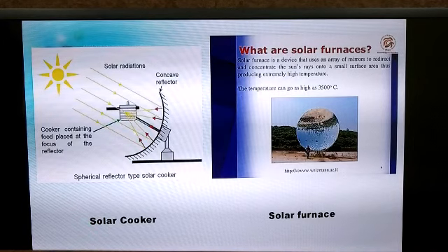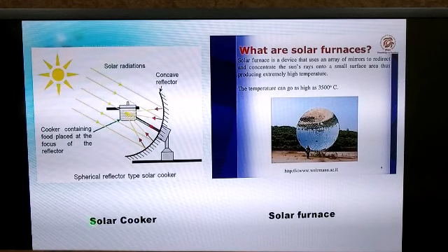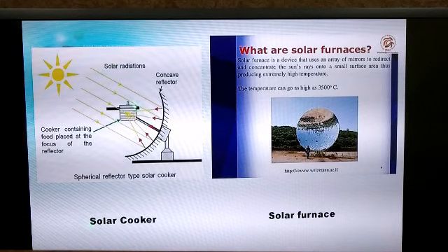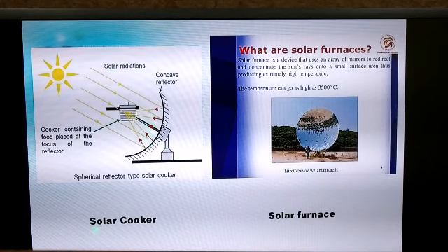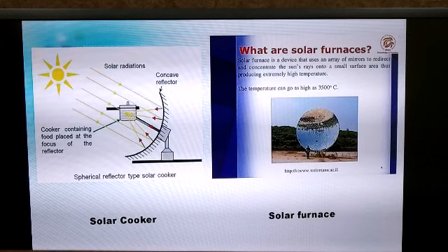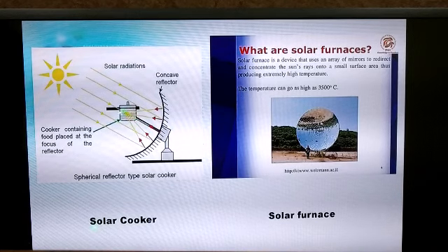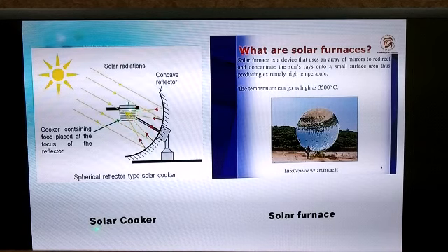When sun rays fall on the concave reflector, then all these rays of light, you can see these are the rays of light which are starting from the sun and they are falling on the concave reflector. After reflection, all these rays of light are converging at one point. So, due to the convergence of rays of light, the intensity of sun rays increases at this point. So, at this focal point, the food that has to be cooked is kept, and since the intensity of light is very, very high, food gets cooked very, very easily.